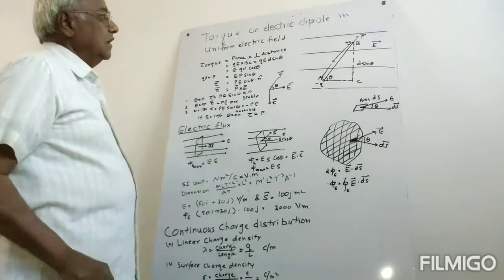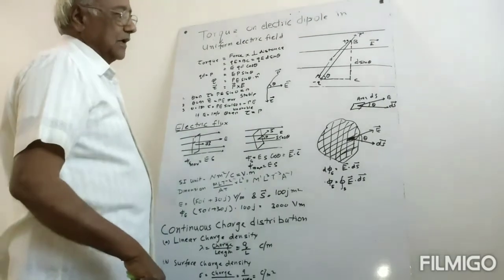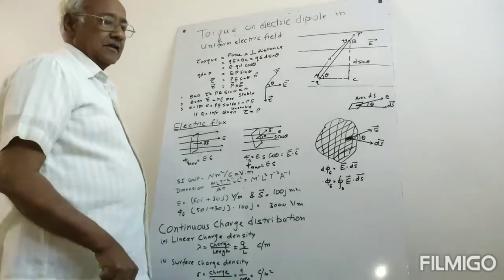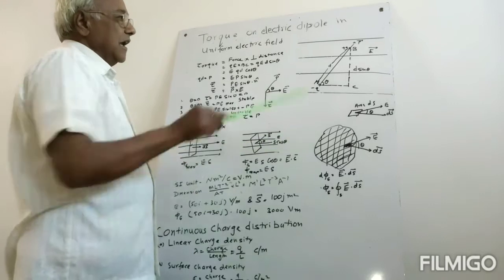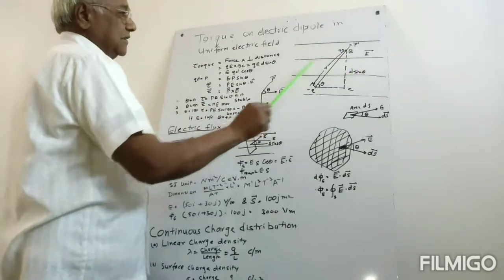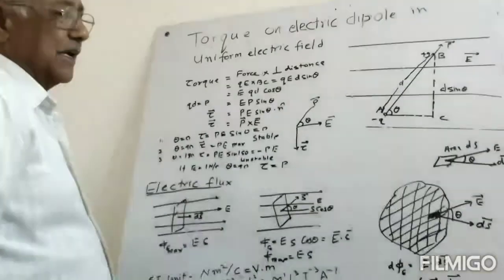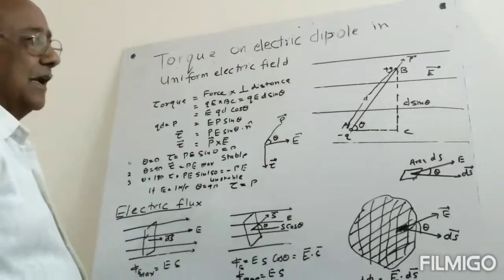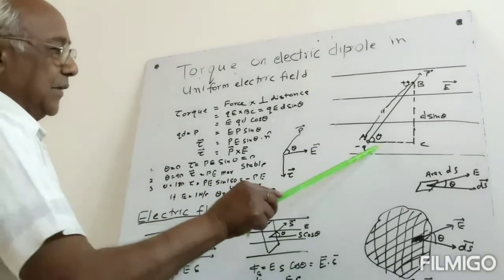Torque of the electrical dipole in the uniform electric field. The uniform electrical field is represented by parallel lines, and these parallel lines represent the direction of electric field. Its magnitude is constant everywhere. Now, if we have a dipole AB